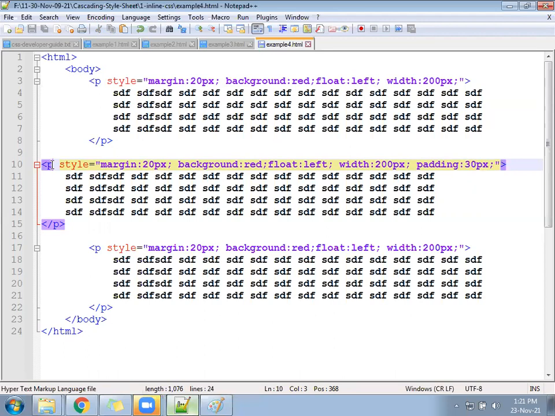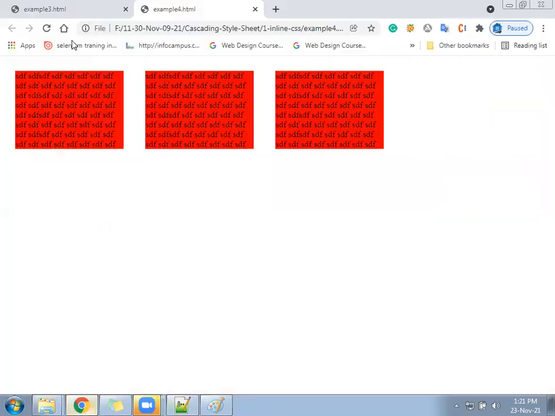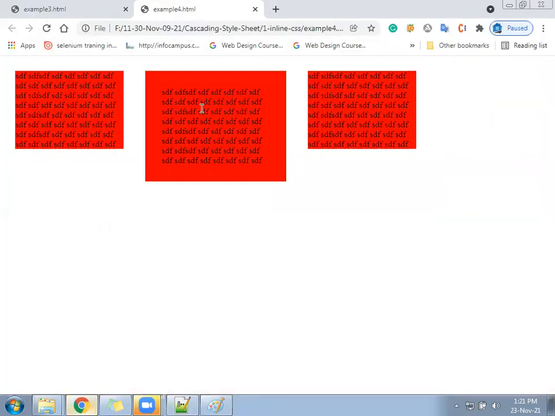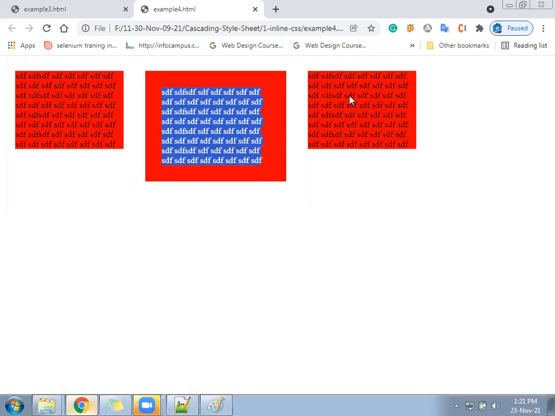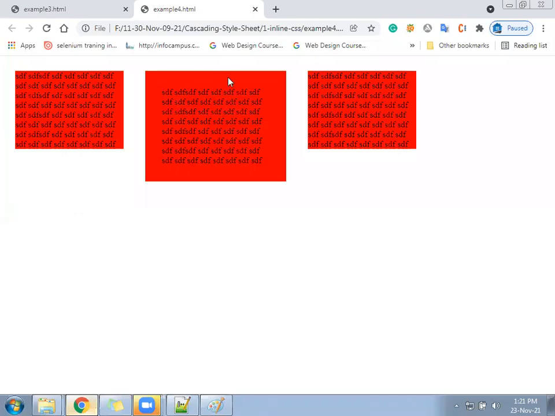Padding 30 px. You will see a space get applied. This is called padding, and this is called without padding. We have given only padding, so it's giving an equal gap from all sides. Your container will get resized because the space gets applied inside.